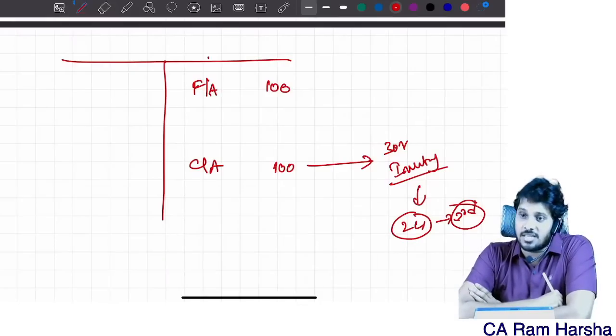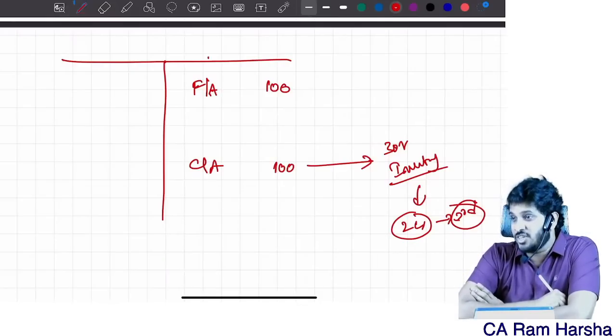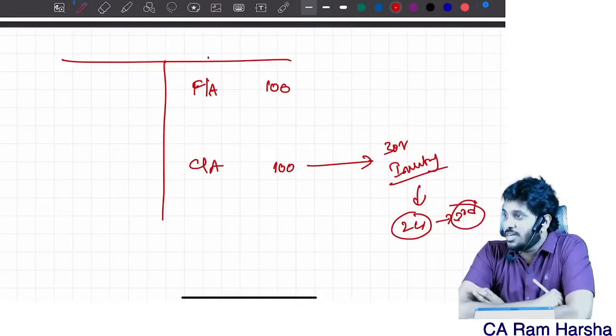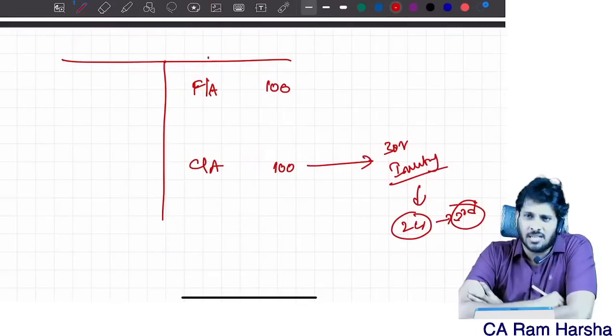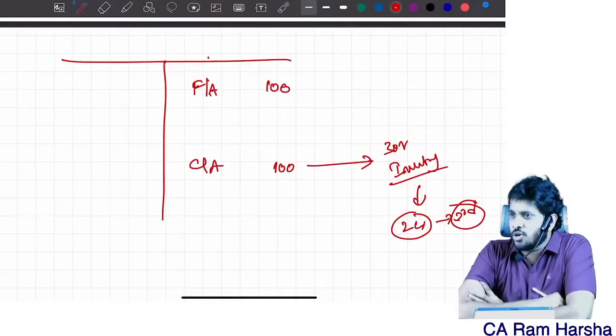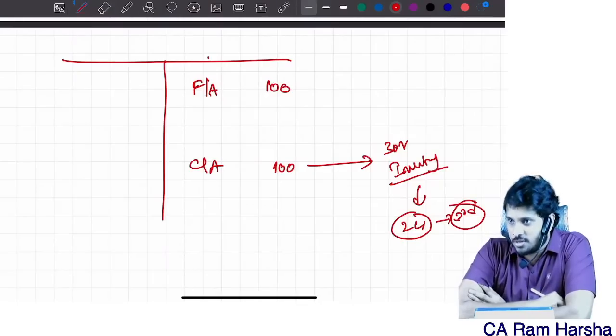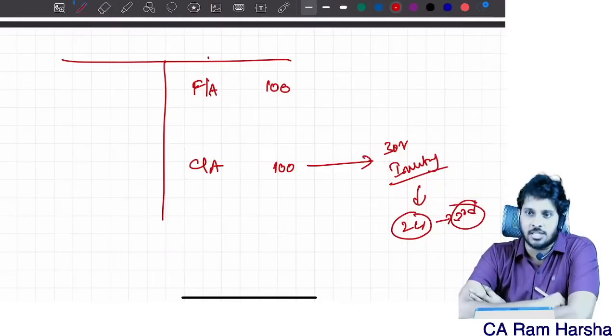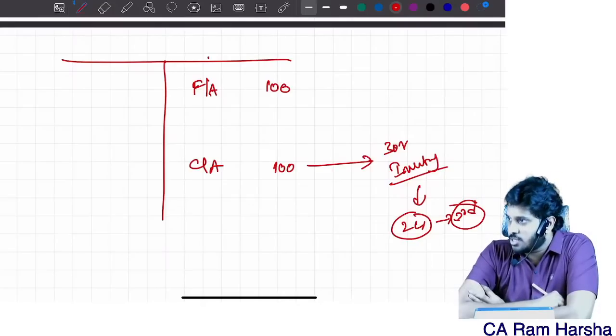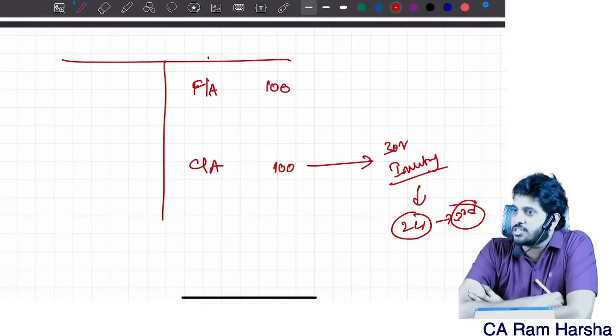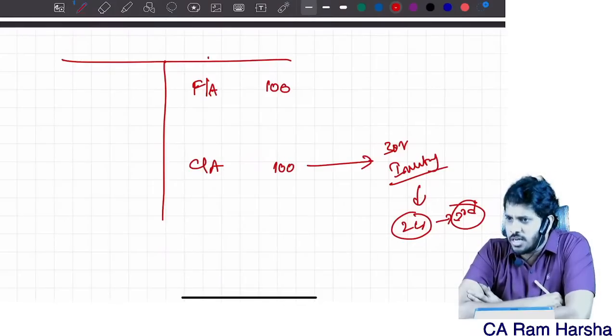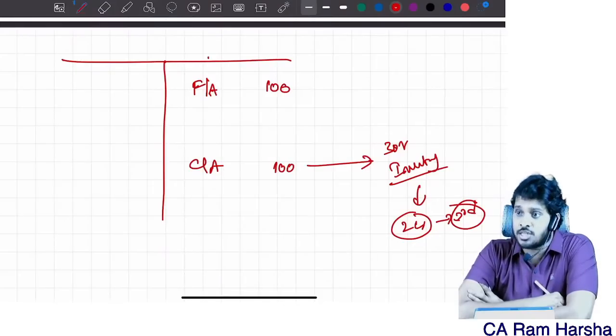When I ask the reasons, they said, sir, with the third party right now an issue is going on. Please don't disturb them. Already some court case is going on between us. Even the mediators and lawyers told us not to interact with the third party for a certain number of days until the court dispute resolves. But you are showing in the balance sheet that you have to receive 2 crore worth of goods from the third party. You are saying this 2 crore worth of goods is lying with the third party for some job work you sent. How do I know whether this 2 crore is really with him or not?